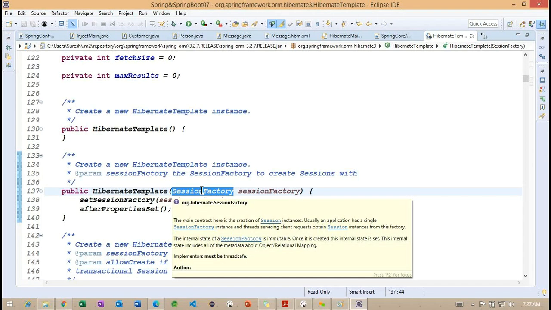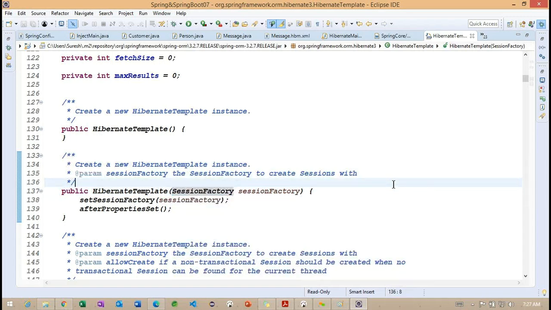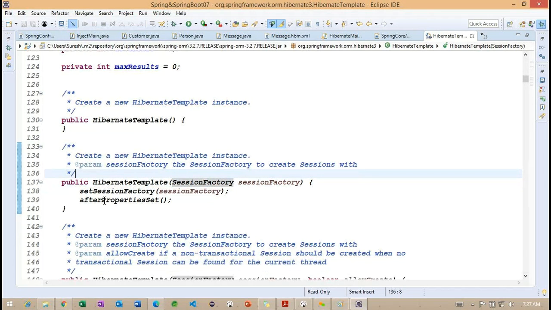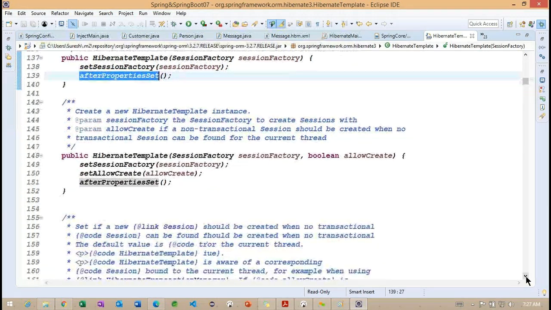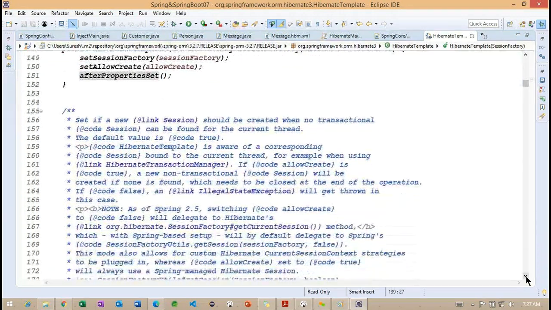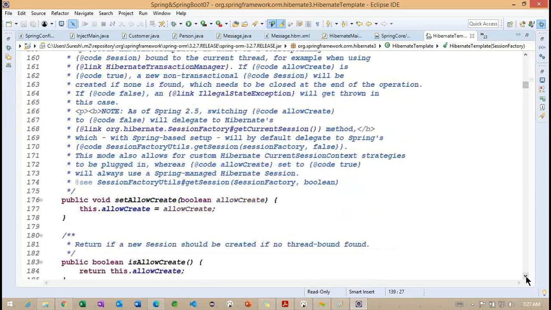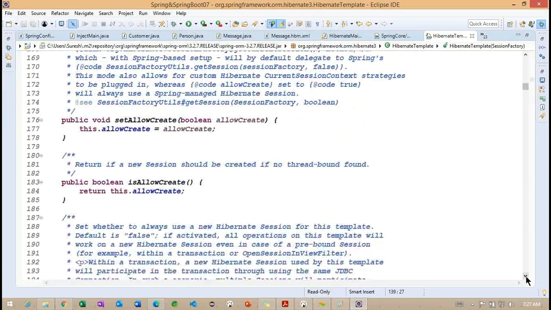The second constructor is expecting a session factory, because this session factory we already discussed in the previous example when we worked with Hibernate, how exactly the session factory works. And now you can see afterPropertiesSet; basically, this is the life cycle of the bean. So now we understood the constructors.